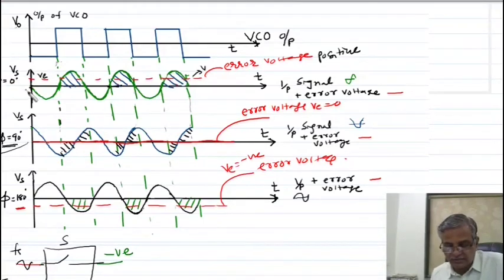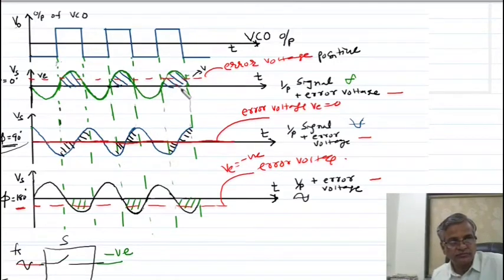For a zero phase shift between Fs and this square wave, you can see that during the positive half the switch is closed, so during this much time, this much signal passes through the switch. As a result, a positive error voltage is developed. This is the average value of this